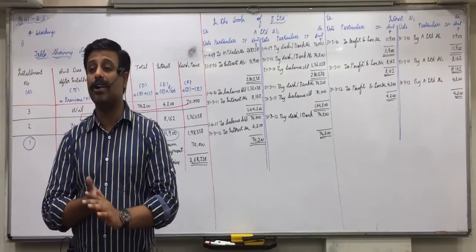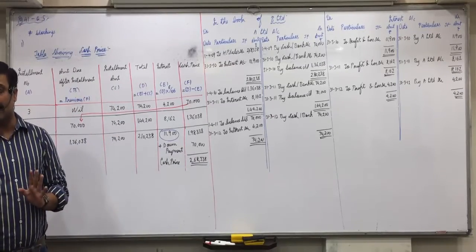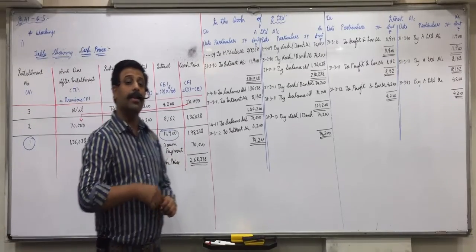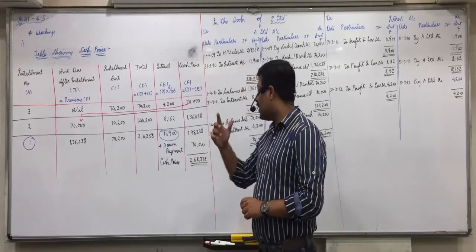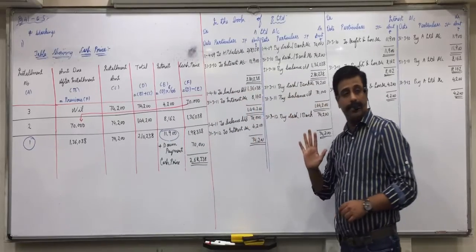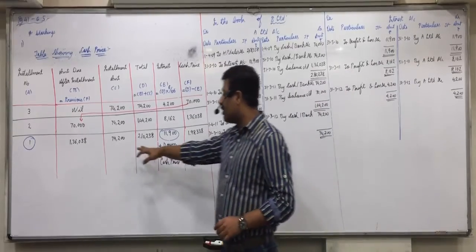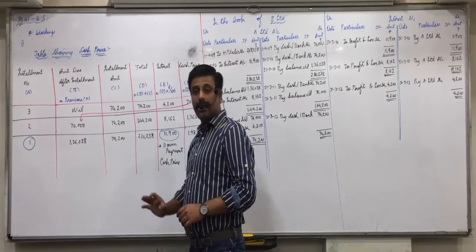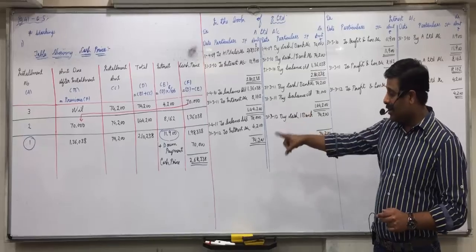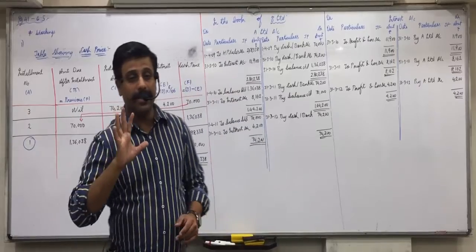For the down payment, what will be the entry in the books of A Limited? B Limited account debit to cash and bank, 70,000. Then interest account debit to B Limited account 11,900. Interest account debit side and B Limited account on credit side. Then installment: B Limited to cash and bank account 74,200. And depreciation: machinery credit side, depreciation debit side, on cash price 268,338 at 10%. That is the first year. Is everyone clear with it?